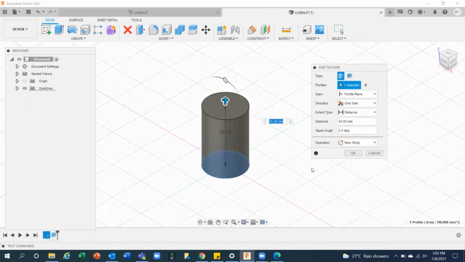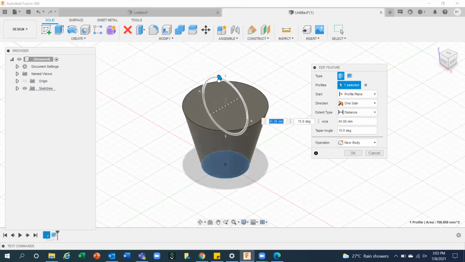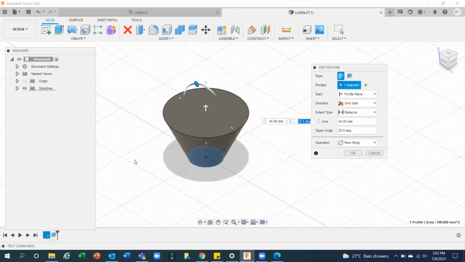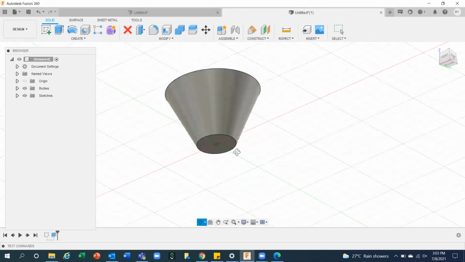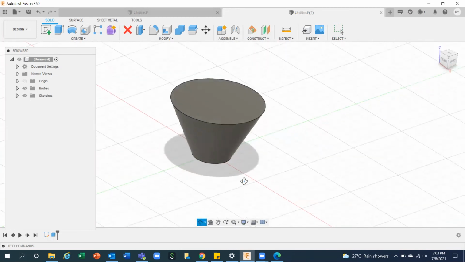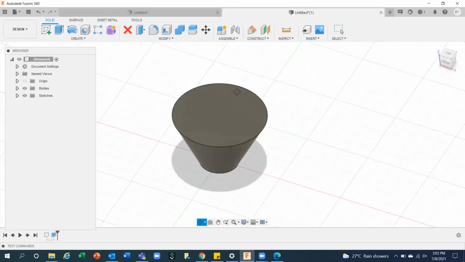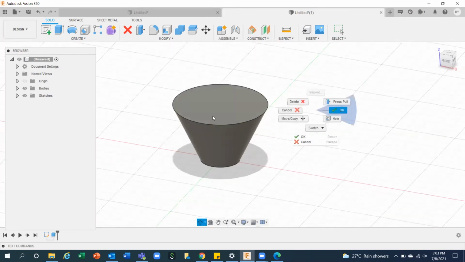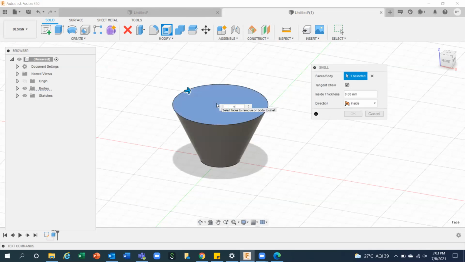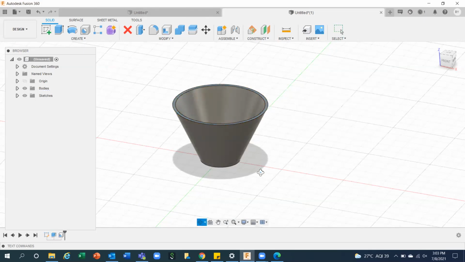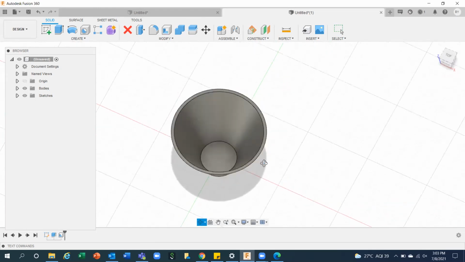How can you do that? See, there is an option called taper angle. You can see this arc, right? You can make it like this. Click OK. See. Fine. Now, since it's a solid, I need to remove the inside area. So again, you can draw any profile over here, or there is a shortcut available, shell, which I am going to use. Provide the thickness and see. My pot is ready.